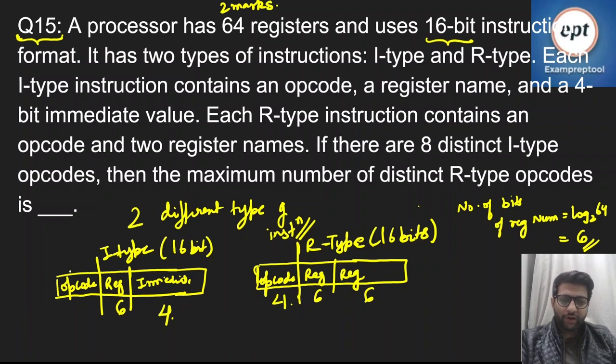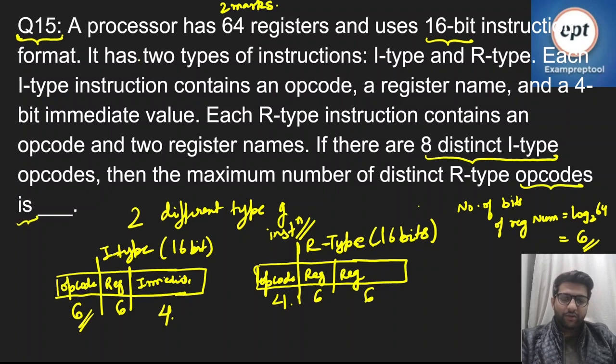And the length of the opcode for I type instruction will be 16 minus 10, which is 6, right? Now it is given that there are 8 distinct I type opcodes. So the number of different opcodes of I type is 8. Then the maximum number of distinct R type opcodes are,